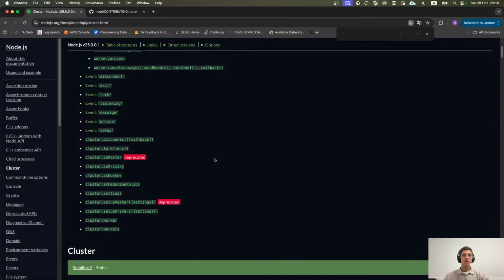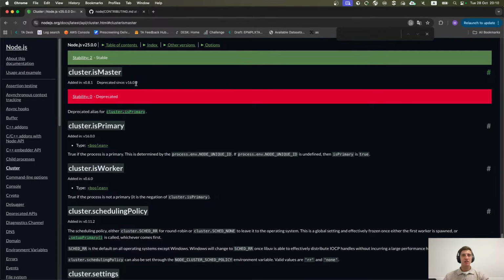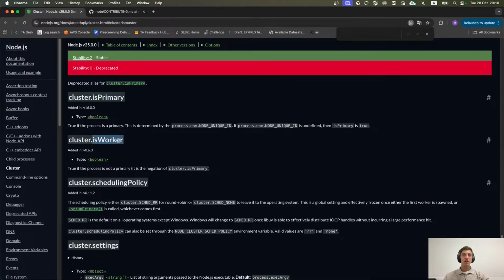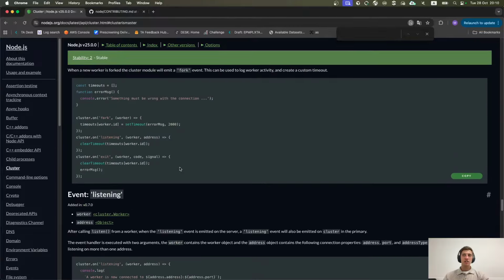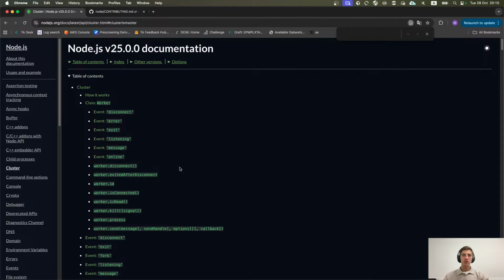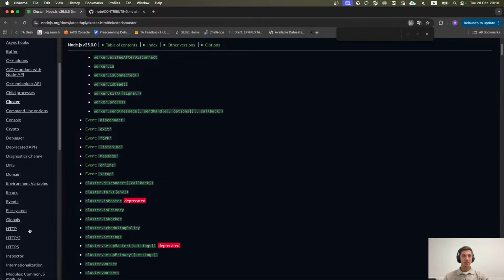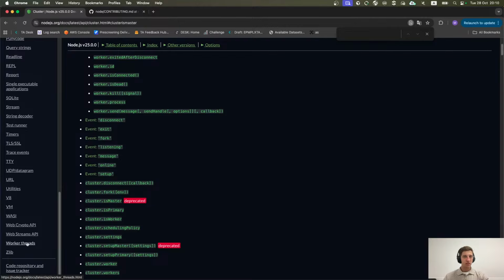You will work with it when you work on the simple CRUD API task. And you can see that isMaster was deprecated in version 16. It was deprecated in favor of cluster.isPrimary, and we have the cluster.isWorker flag, which is the opposite. Cluster is also a very good and fancy API. It's built on top of the child processes API, but yeah, that's why I was hallucinating. In worker threads, we probably do not have it. Let's check it.